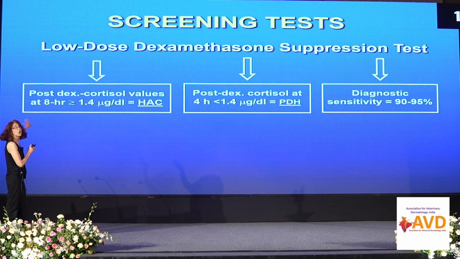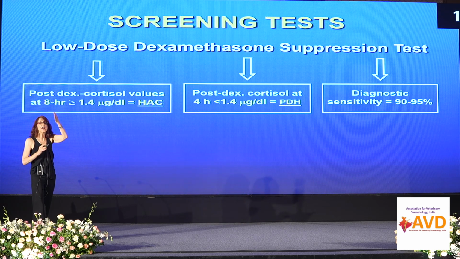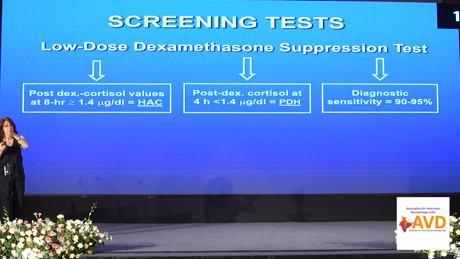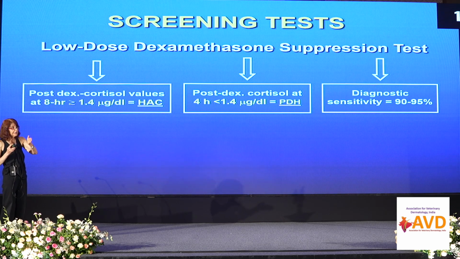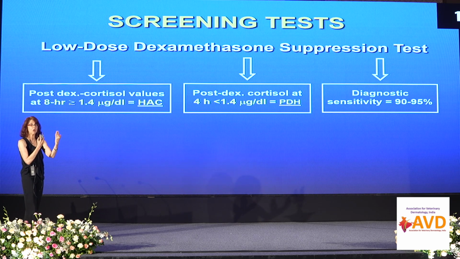What does no suppression mean? The laboratories may have different cutoff values to determine suppressed or non-suppressed, okay? So they help you with that, which is good. For us, the cutoff is 1.4. Below that is suppression. That or above, it's no suppression. And that's what you do first, okay? I know you have something at 4 hours, but go to the 8. No suppression, Cushing's. Now, can I localize it?